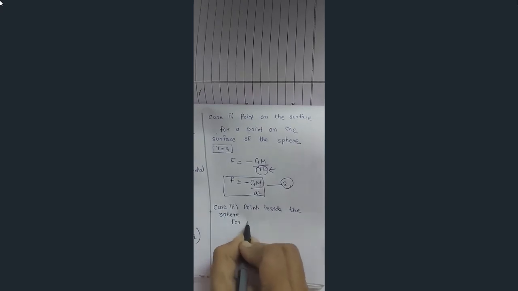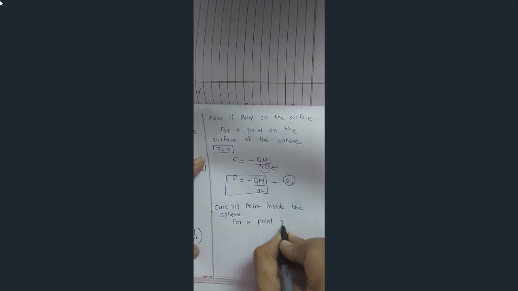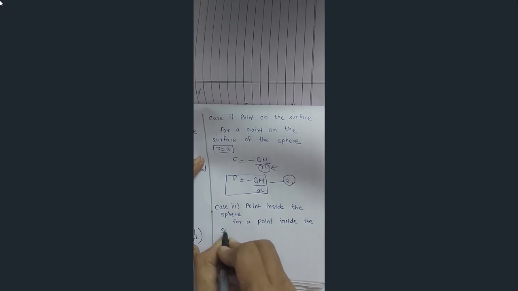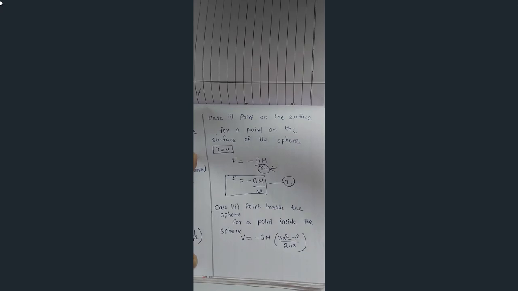For a point inside the sphere, V is equal to, we already derived, V is equal to minus GM (3a square minus r square) upon 2a cube. Now the gravitational field